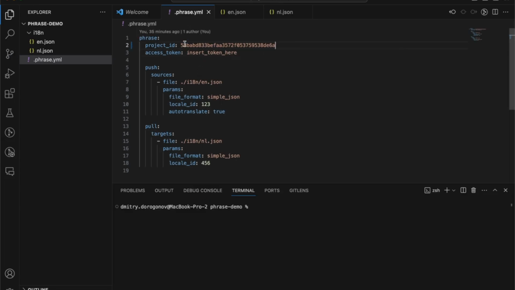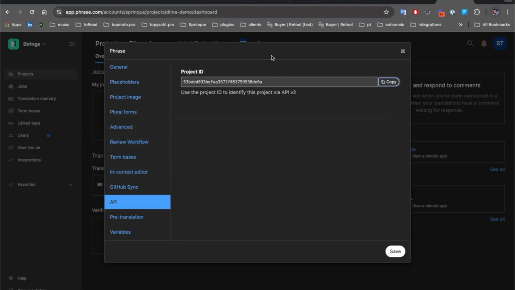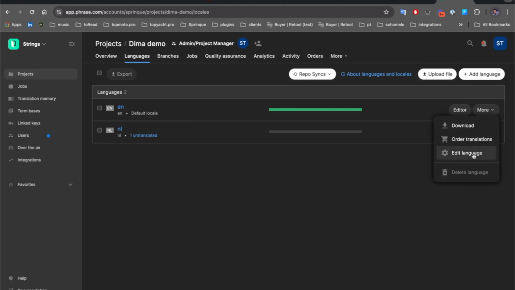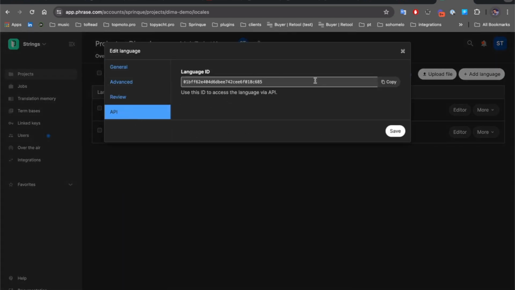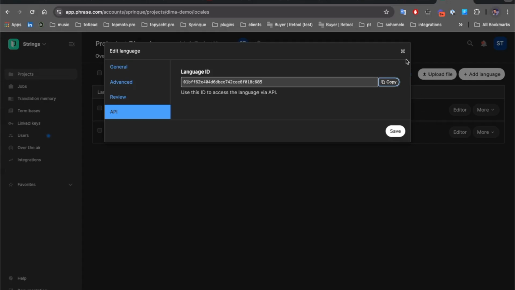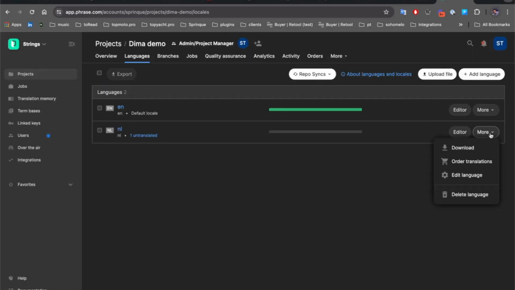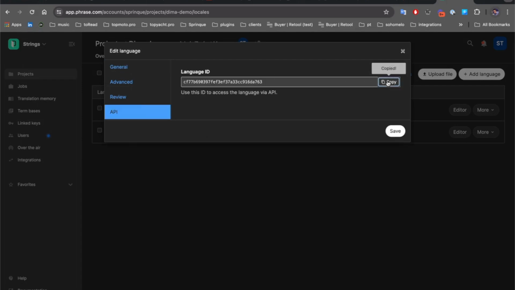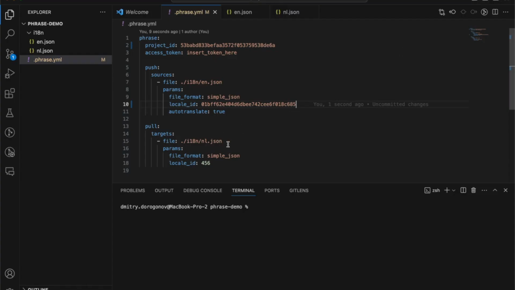So I inserted here the project ID, and as well I can do the same with languages. So edit language, API, copy language ID, and for another language do the same, edit language, API, copy, and insert